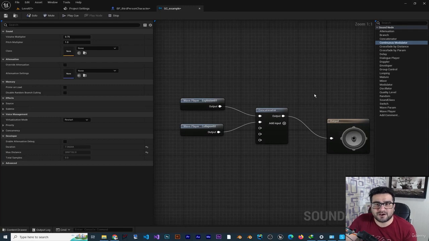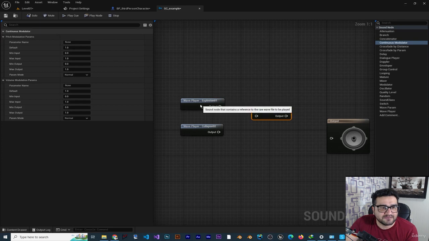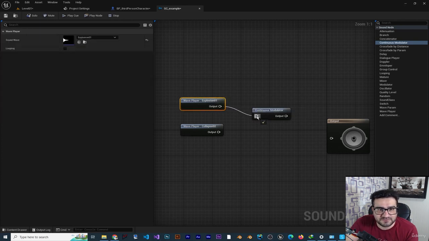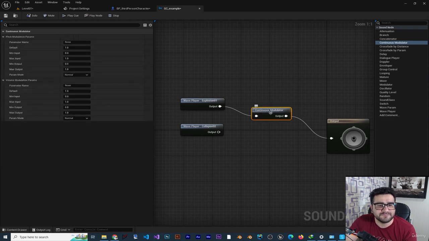So the next node that I want to talk about is this continuous modulator. Okay, if I drag and drop it over here, let's just delete that one. We have an explosion. Let's just connect it to input and connect the output to output in here. So now if I play the cue, it won't do anything by itself, but if we click on it, you